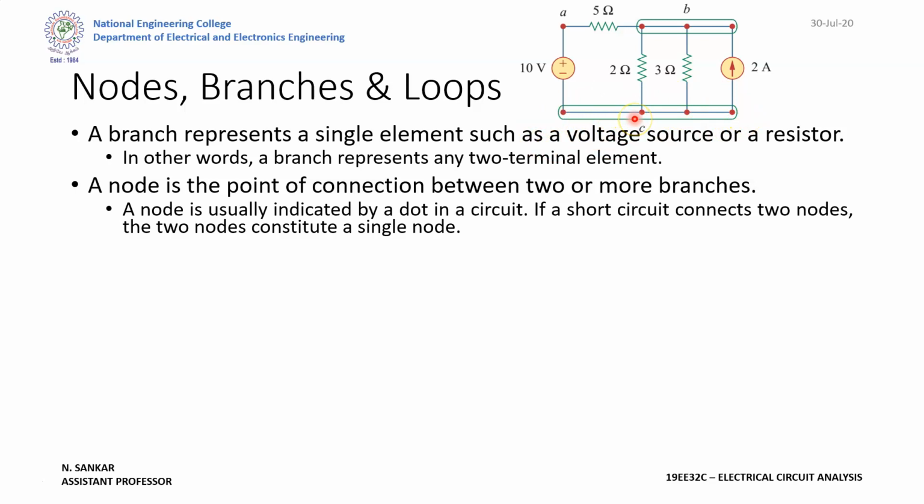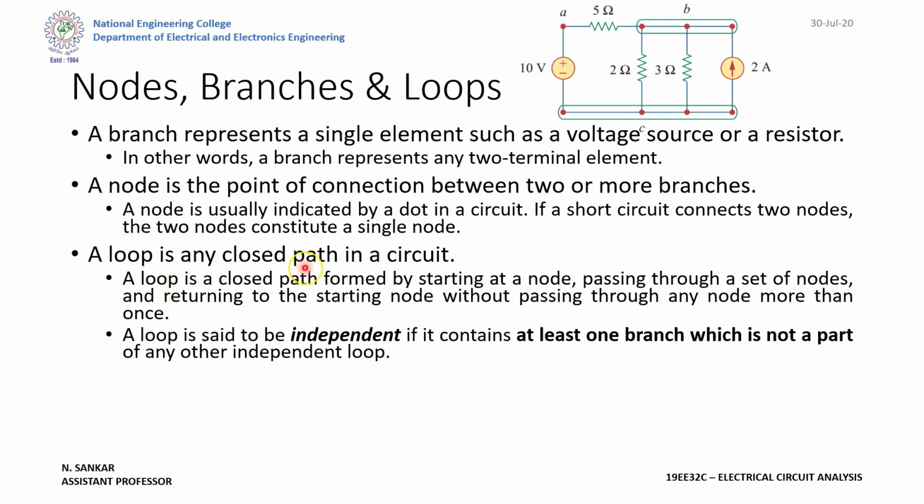I am saying that it is a single point, but in the figure we have 4 dots. But these 4 dots are connected as a short circuit. A short circuit is where we connect any 2 points with a direct straight line, without any interruption of other elements. So here these 4 points are connected as a short circuit, and then they can be considered as a single node. That's why I mentioned that if a short circuit connects two or more nodes, then they can be taken as a single node. So this circuit has 3 nodes.